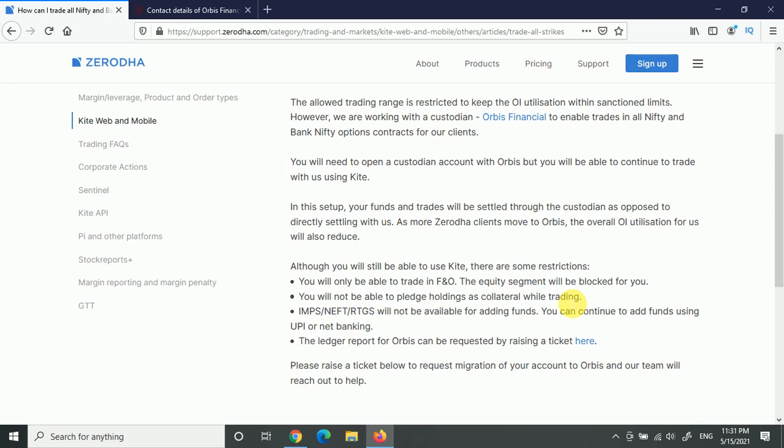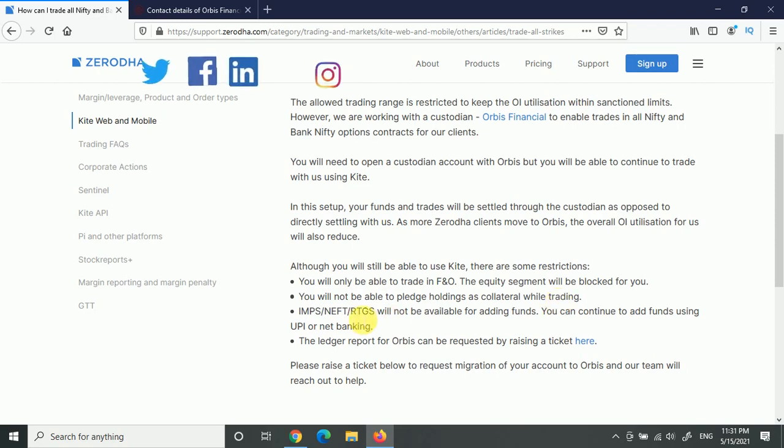If you are directly using cash margin, then using this option is no problem for you, because anyways you are trading with the cash margin only. You are giving cash and then you are playing in the options. But what I like to do is, I have a portfolio which I pledge and I utilize the margin from that.